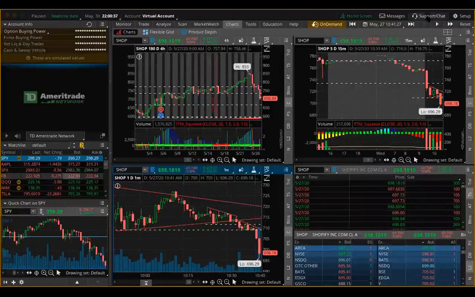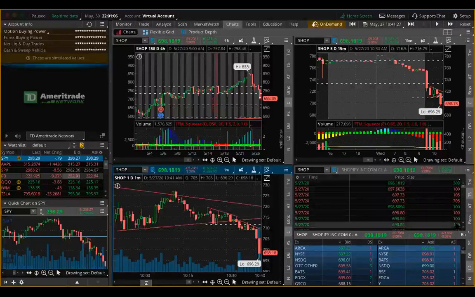Now we need to determine our profit target, which we said was going to be about 669. That's about $30, right? From 709. Really more than that because it broke out at 709. What do the colors indicate on the time and sales? The green are going to show your buy orders getting filled. Your red are going to show your sell orders.